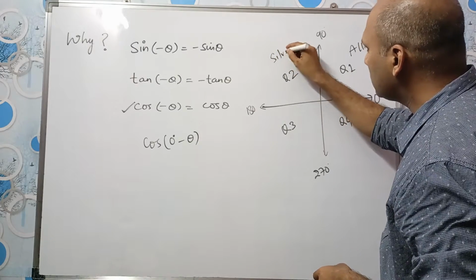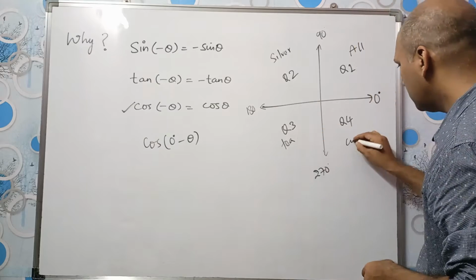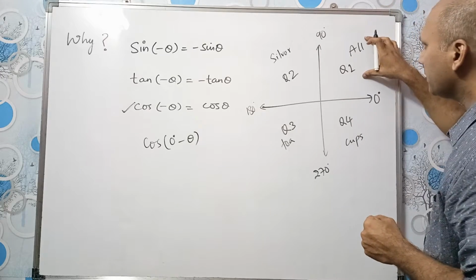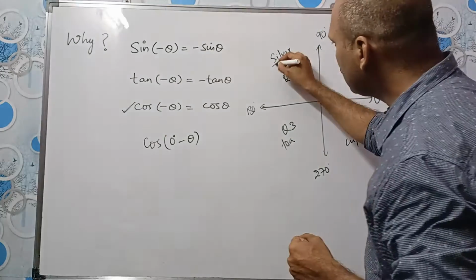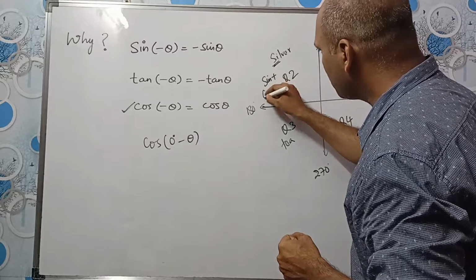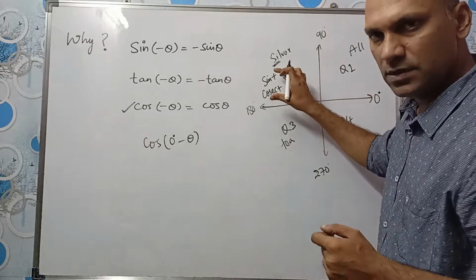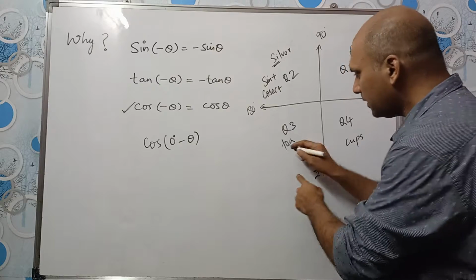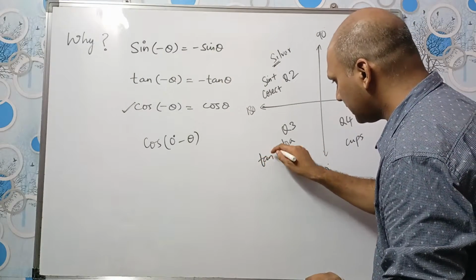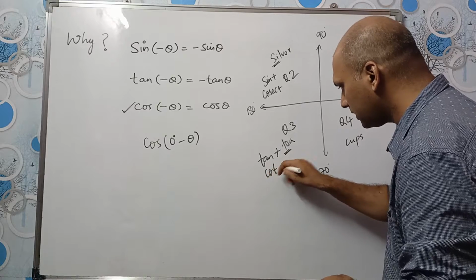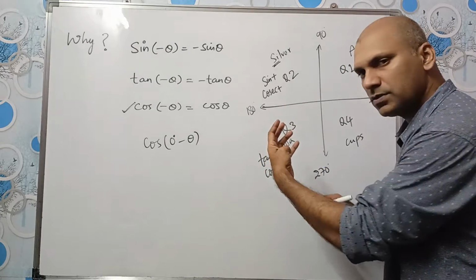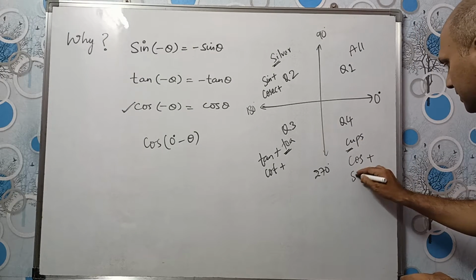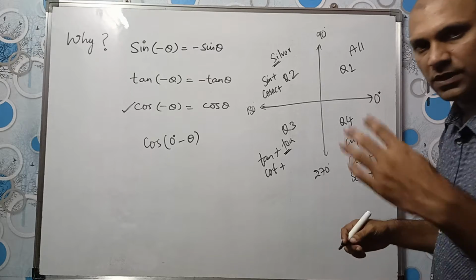In the fourth quadrant, we know cos is positive because we have learned this: All Silver Tea Cups. We studied this in the first video. Here, all trigonometric ratios are positive. Here, sine is positive, which means cosecant will also be positive because cosecant is the reciprocal of sine, and the remaining four ratios will be negative. Here tan is positive and the reciprocal of tan, cot, is positive in the third quadrant. The remaining four ratios are negative. Here cos is positive and the reciprocal of cos, secant, is positive; the remaining four are negative.